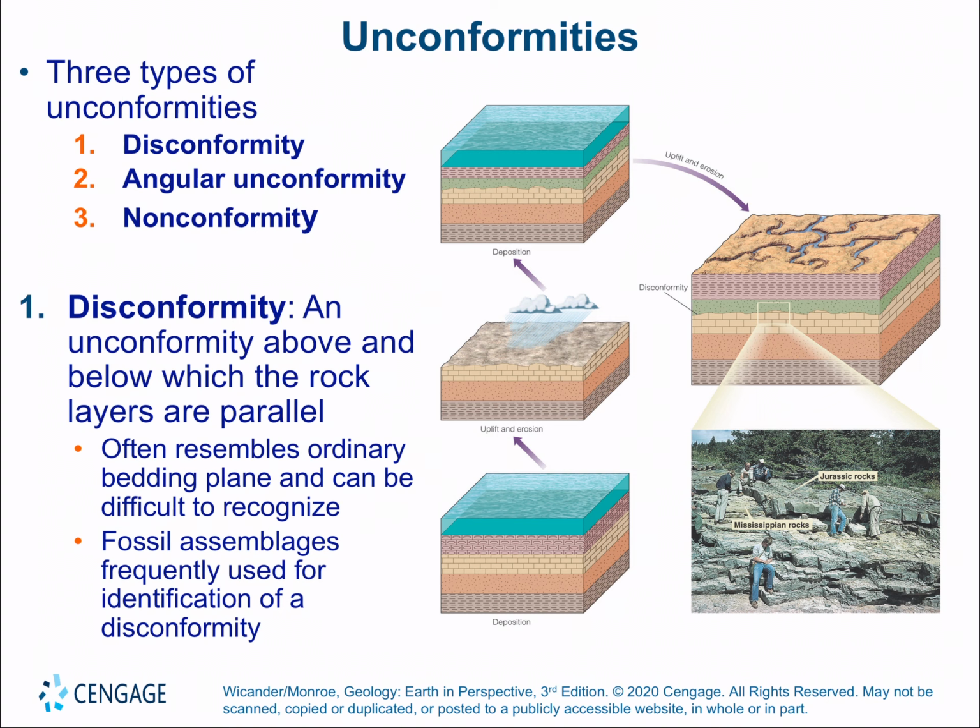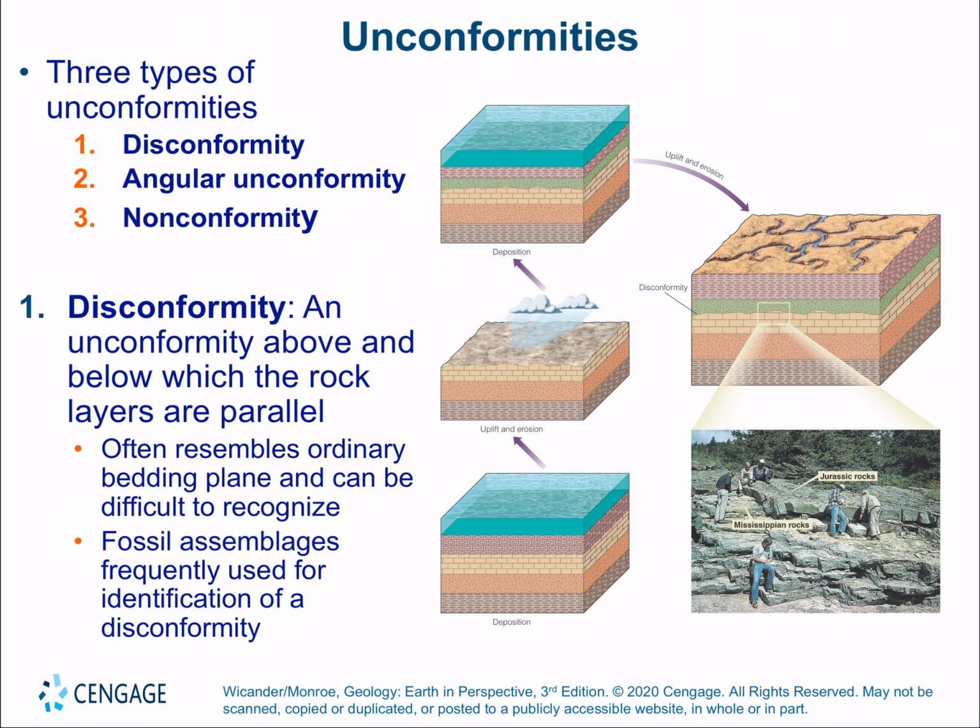A lot of times you will use fossil assemblages to help you recognize it. You can see in this sequence of pictures the deposition, the uplift, and then the erosion. The bottom right picture shows the disconformity between the Mississippian rocks and the